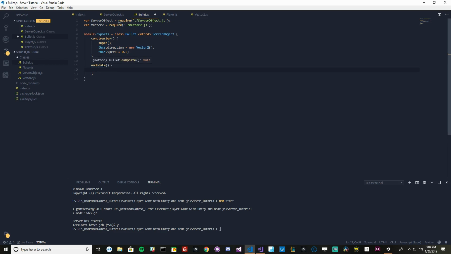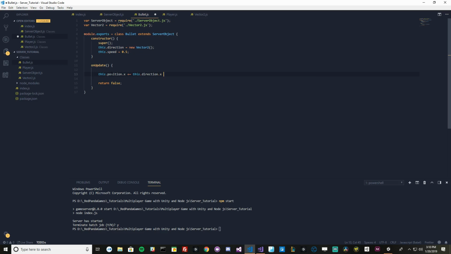So we're going to have an onUpdate that gets called. And what it's going to do is, in the future, it's going to return true or false, basically, if it's been destroyed. And for now, for this tutorial, we're just going to return false. Basically, we're going to keep shooting, and they're going to keep spawning bullets. And then when we do the collision in the next tutorial, we'll handle this and delete it, along with some helpers in Unity. So we're going to say this dot position dot x is plus equal to this dot direction